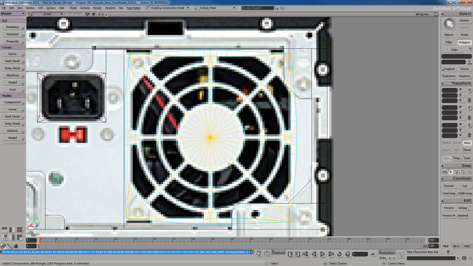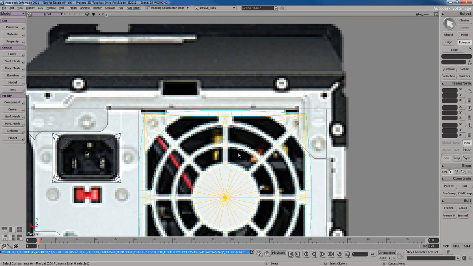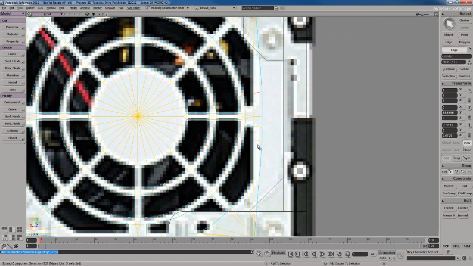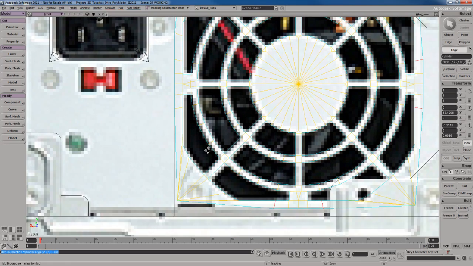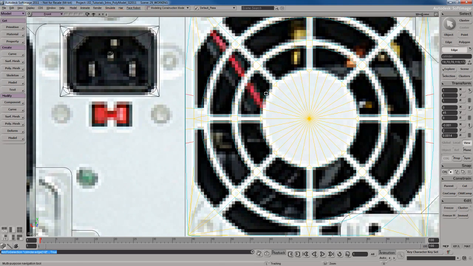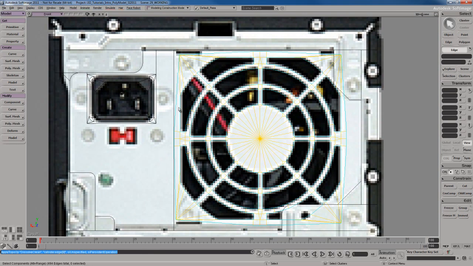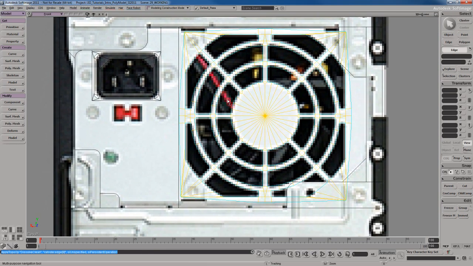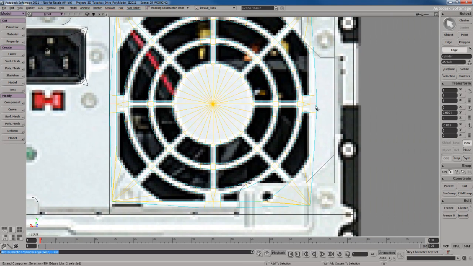Alright, so once that's done, we're going to go ahead and clean this up a bit and get rid of some unnecessary geometry. So I'm going to go to edge mode. I'm going to take this edge here, that edge right there. I'm going to go to the side and take these edges that I don't need. Here's some more that I don't need, and there should be a couple more here that I don't need. Okay, I'm going to hit delete to get rid of those because we just don't need them. There's another one right there. Okay. Then what I'm going to do is I'll probably take this edge here and this edge, which I don't really need,